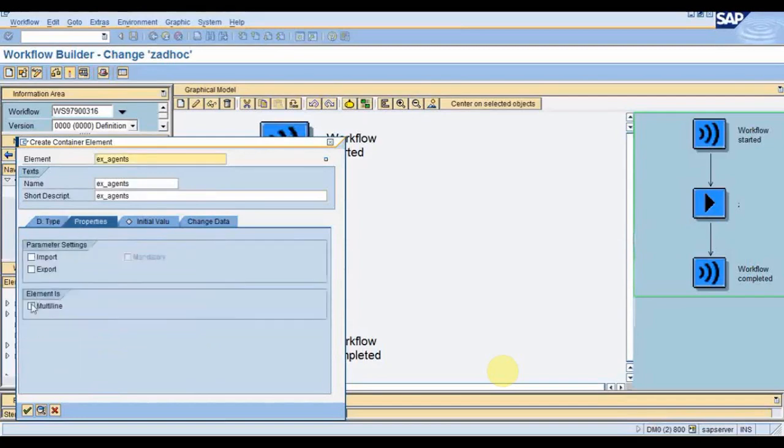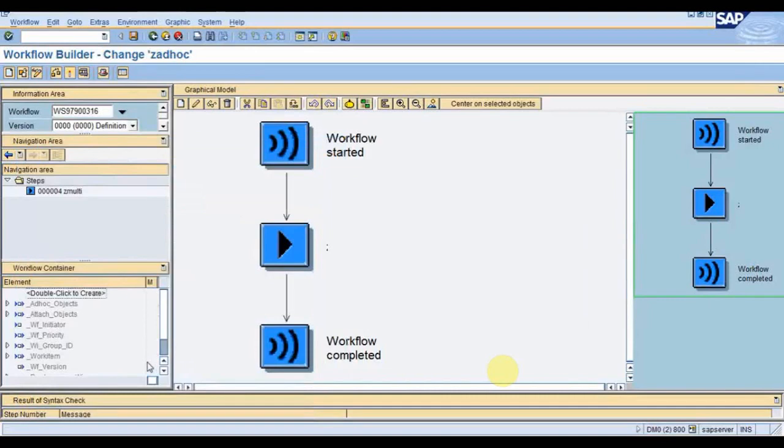And in the properties tab, select multi-line so that we will have more than one agent. It is similar to an internal table. I have not given that PDF employee as the table type. You can also give the structure name, that is a data element name, and select the multi-line. It will behave as an internal table as well. So these are the two options which are available. So the container element was ready.